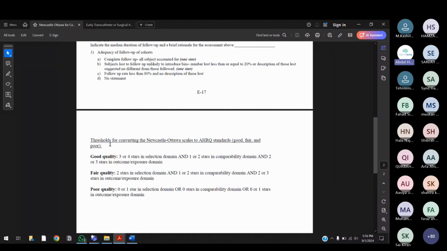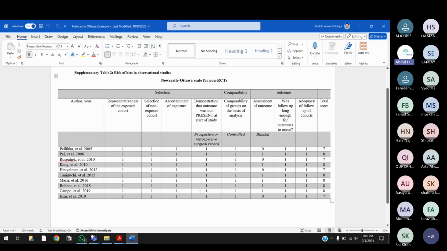अच्छा, अब हमने ये तो verbally काम कर लिया, सही है? How are we going to represent this for our manuscript? उसका example is this word file. ठीक है? Newcastle-Ottawa के लिए you create this table. ठीक है? So for each study that you have, you enter the name of the study over here, as you can see on my screen. This sample is for a different quality assessment, so इसमें study के names different हैं, but I'm telling you कि इस तरह से table बनता है, okay?